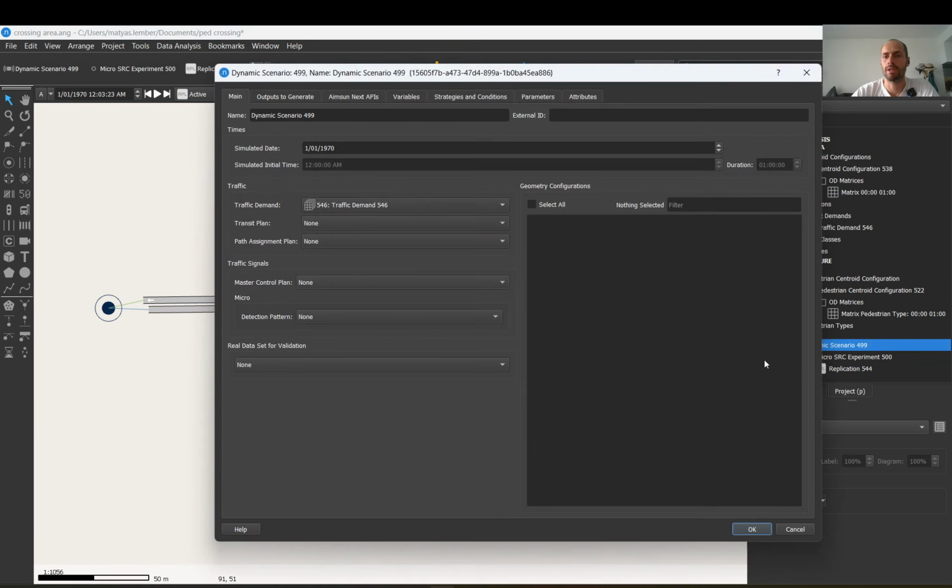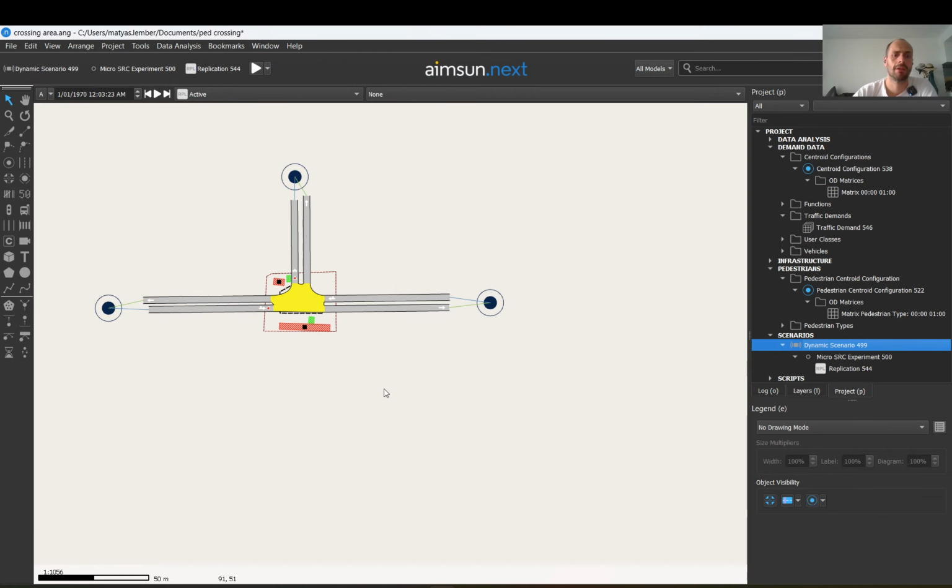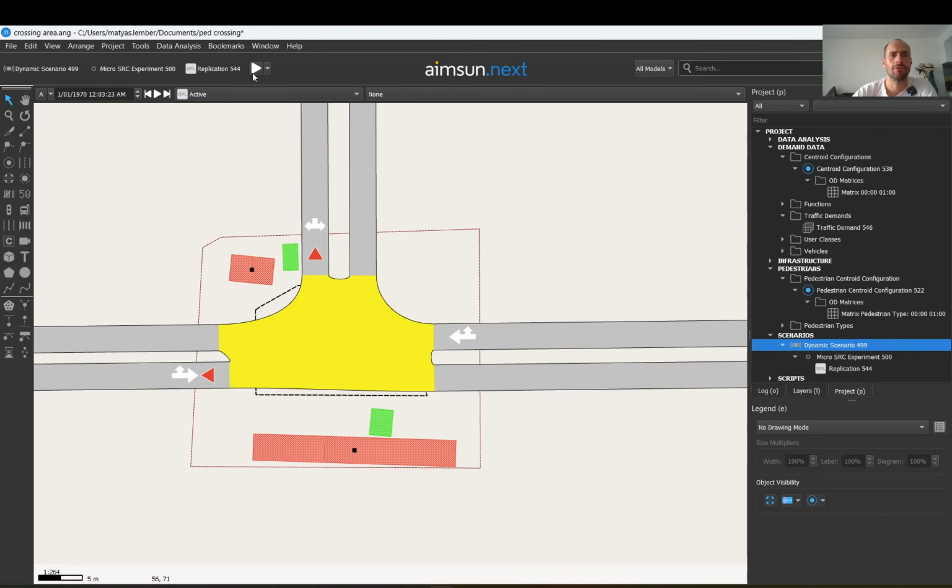But also when you click on the dynamic scenario, the traffic demand needs to be selected here, otherwise there will be no vehicles and pedestrian demand loaded. And then when you run it,